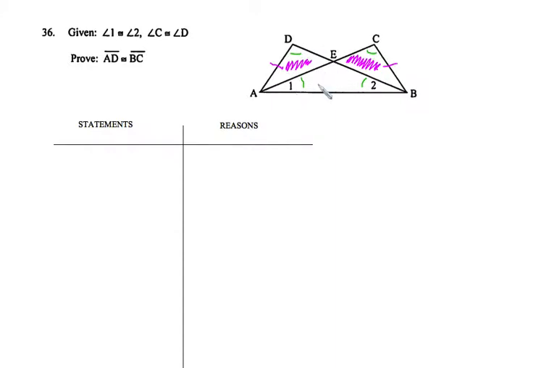So going back to my given, I see that angle 1 and angle 2 are the same, which means this triangle AEB is isosceles, so I could draw a cross to EB, draw a cross to AE, and mark those two sides the same. Well, then what I notice is that I already have an angle and a side in those two small purple triangles, and I have another angle here, angle DEA